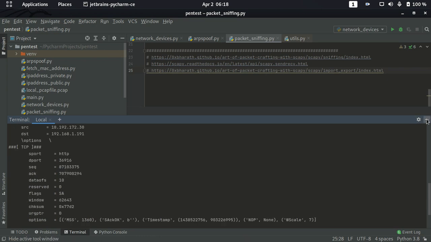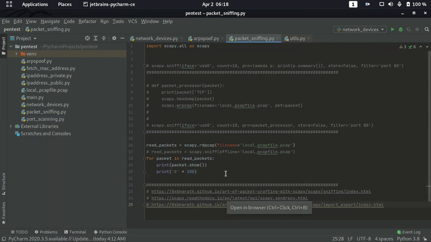This way we have seen the basic functionality of the scapy module, which is to sniff packets. It has other methods like writing the pcap file and reading the pcap file, and we can apply different filters, and we can have a callback function to work with the individual packets that we receive on the interface. There are a lot of other methods also available that we will see in the coming sessions, or on a need basis. So this is all about packet sniffing by using the scapy module.